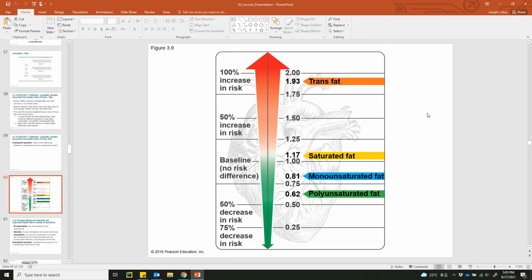However, the effect after now 30 years of studying trans-saturated fats is that trans-saturated fats are equally as bad for you as saturated fats, and many people argue that they're even worse than natural saturated fats. So in an attempt to make a health food, they ended up making something